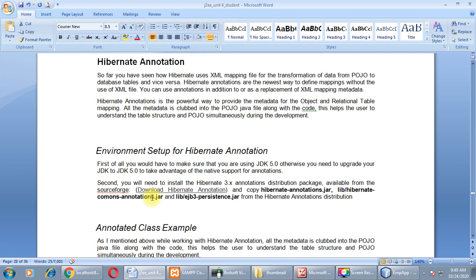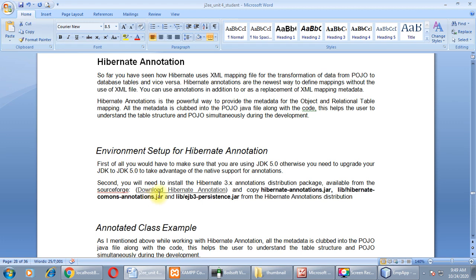I have already listed that in our previous session, so you can get the name of all those jar files from the previous video. Then we need one configuration file, one class file and one POJO file. Here mapping file is not required.